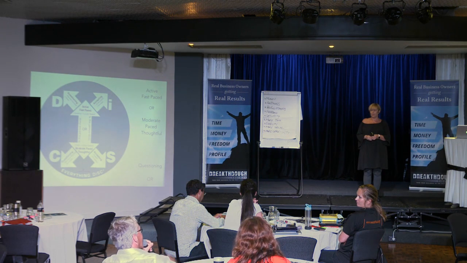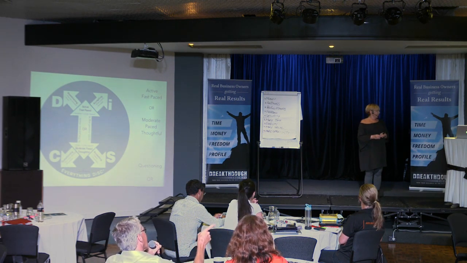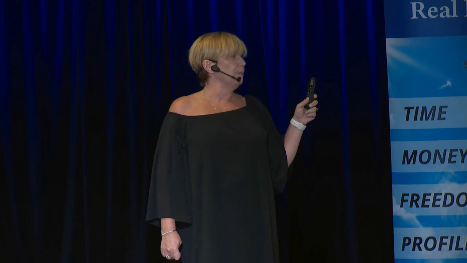Can a person become one of the other things? So if you're a D, can you become an I or a C or one of those? No. You can switch. You're a combination of all of them. You're definitely a combination of all of them. So you can switch from one to the other in different situations, but you'll usually be predominantly one or two, a combination of two. So you can't change, but you can change when you need to in different situations.